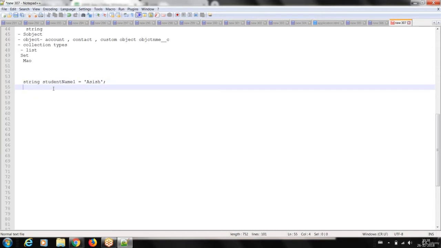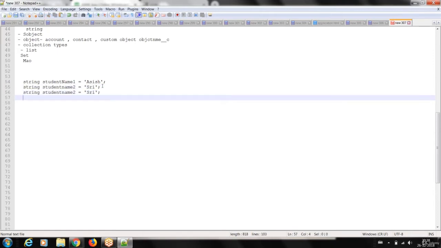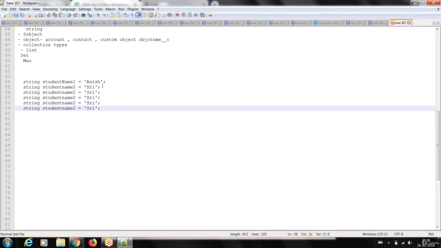Okay, so I made another variable name, string student name 2 equal to, let's see, Sri. So like this I have 50 students. So does this look good if I create 50 variables separately like this, 3, 4, 5, 6 and different names?